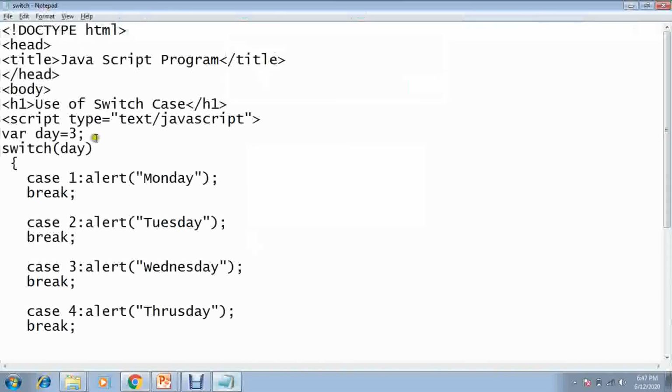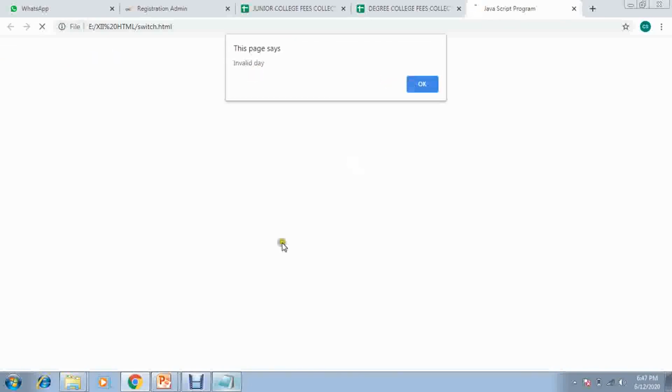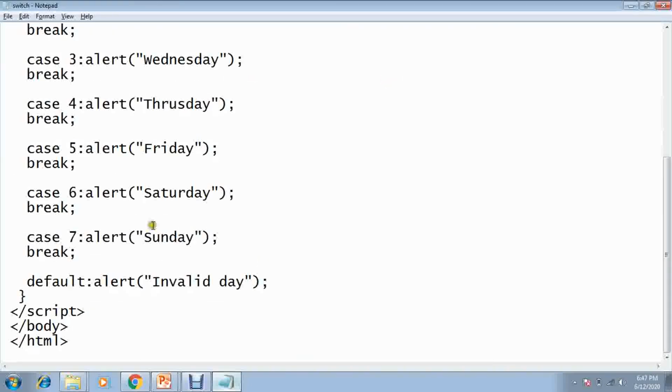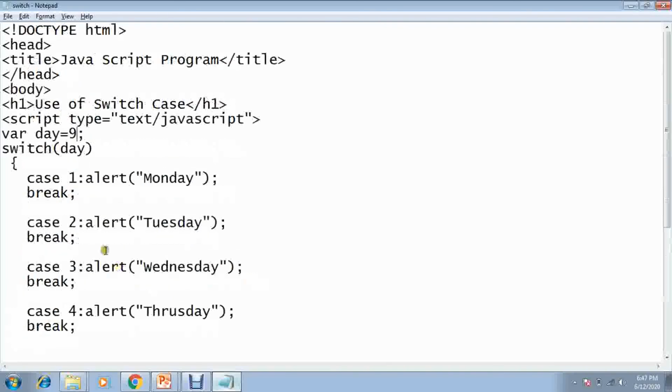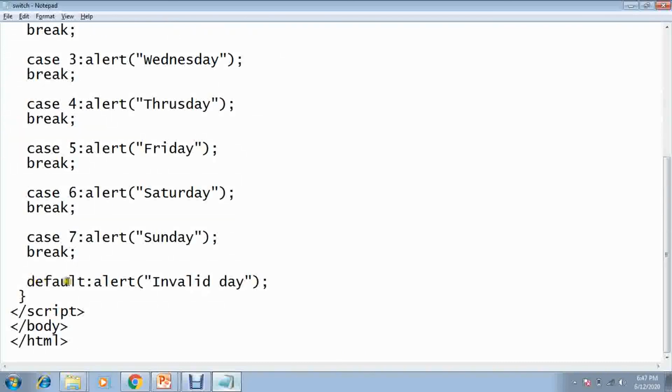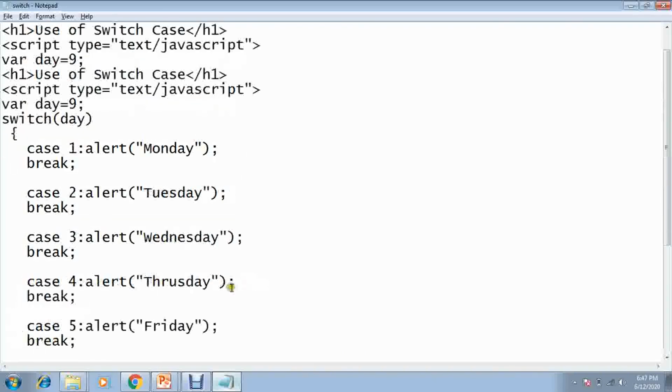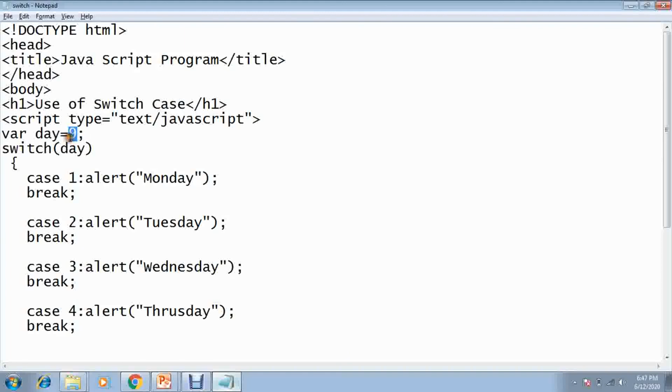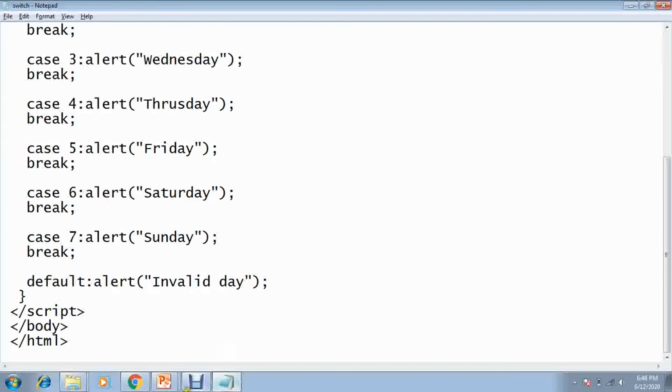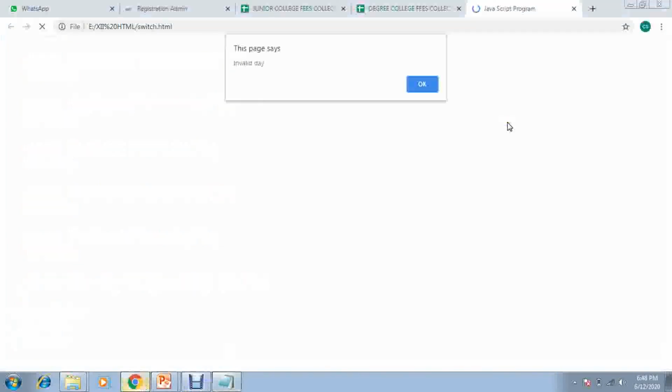If you have not written any other day, for example if you have written 9, what is it going to print? Let's execute this. Invalid day, because it searches for 1 2 3 4 5 6 7, does not find any day, and goes directly to the default and prints invalid day. So this is how the switch case statement works. This is the output of the code.